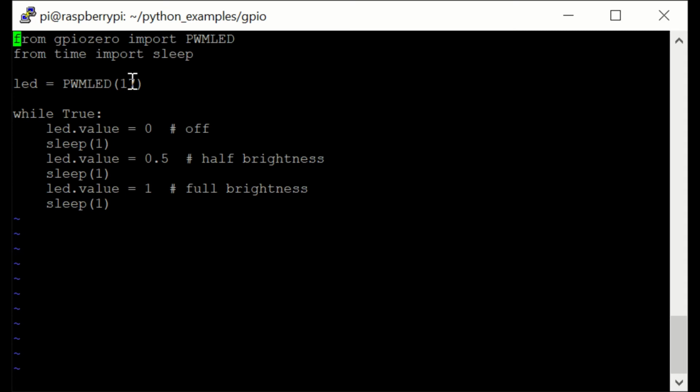Again, we are importing sleep from time, again defining the pin for the PWM LED as 17, and we are creating an infinite loop. First, the LED's value is going to be 0, so it's going to be off, and then it's going to sleep for 1 second. It's going to be half bright in the second term. It's going to be 0.5 as the LED value, and it's going to sleep for 1 second again. Then it's going to be set to full brightness with the LED value equal to 1, and then it's going to sleep 1 second as well,